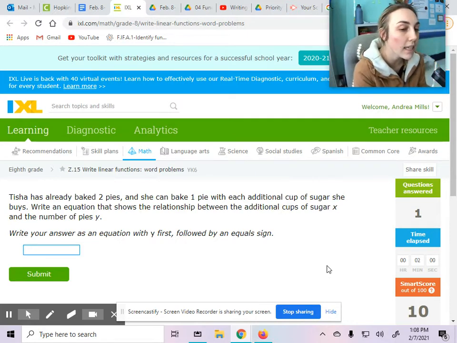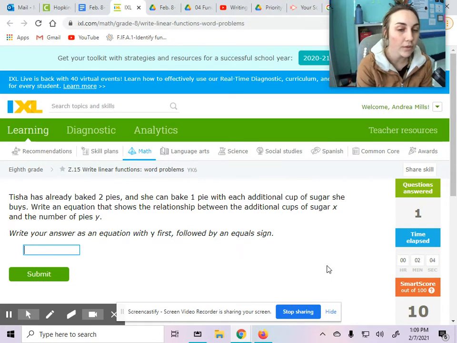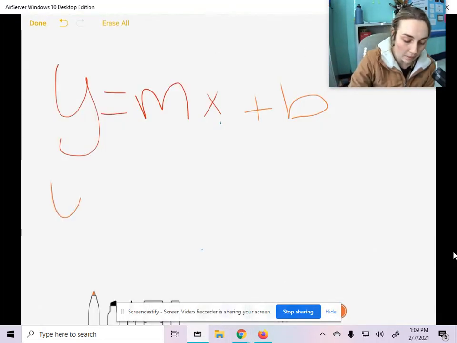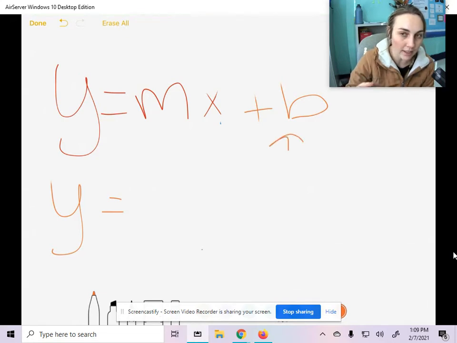All right, so it says Tisha has already baked 2 pies. So before she started this problem, she already had 2 pies made. That means that is her starting amount. When you have a starting amount like that, guys, that is going to be your y-intercept. So our y-intercept is 2 pies. She started out with 2 pies. So using that information, I'm going to put y equals. We haven't found the slope yet, but we know our y-intercept is plus 2 because she started out with 2